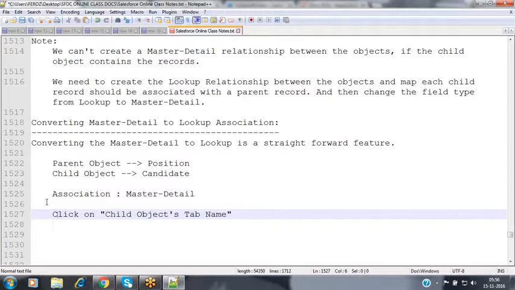Go to the child object, go to the fields, identify that relationship field, open the field, and convert the data type from master detail to lookup. That's it. Then automatically it will be converted. Now let's see the navigation process.